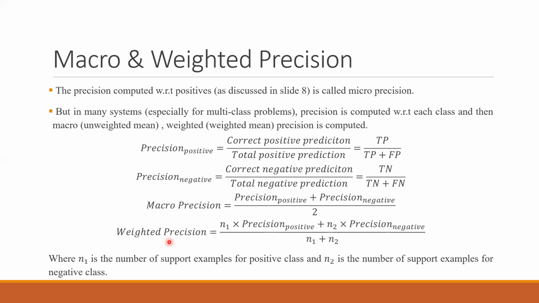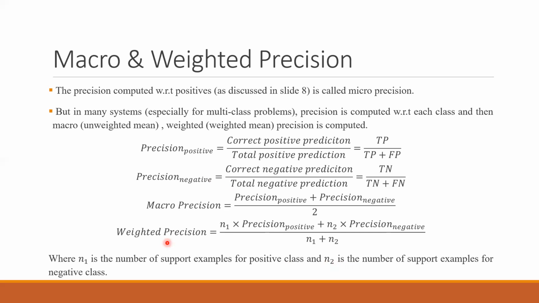So that way we can say that weighted precision is kind of better, because in this we are also taking care of, let's say, an unbalanced data set, right? If there is an imbalance problem, then this weighted precision will be better to get the answer rather than macro precision. So here N1 is the number of support samples for the positive class and N2 for the negative class samples. So this is how your micro, macro and weighted precision is calculated.